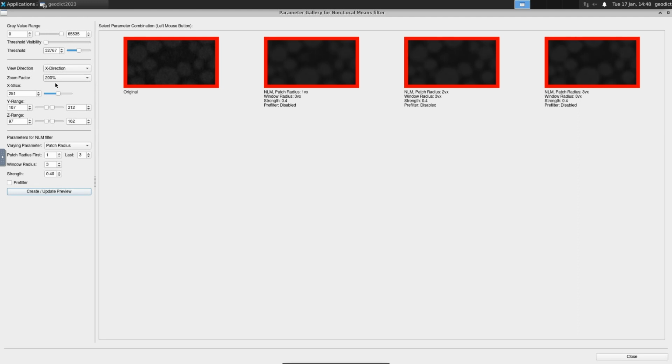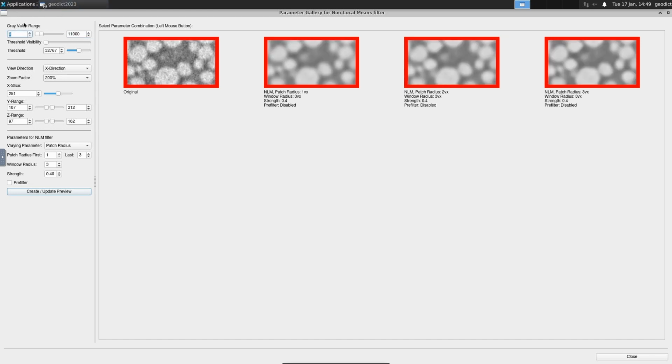It's still quite dark as in the beginning of the workshop, and this is because the gray value range is not selected properly. We will select the range now. You can do this up here under gray value range, and now we select around the range which is also selected in the image processing dialog, which goes until around 11,000 I think, and starts at around 2000. Then just hit enter and the previews will update.